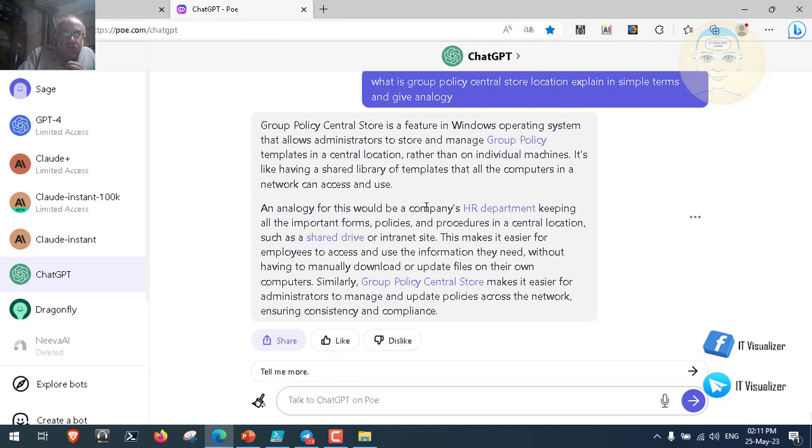An analogy for this would be a company HR department keeping all of its important forms, policies, and procedures in a central location, such as a shared drive or intranet site. This makes it easier for employees to access and use the information they need, without having to manually download or update files on their own computer. Similarly, Group Policy Central Store makes it easier for administrators to manage and update policies across the network, ensuring consistency